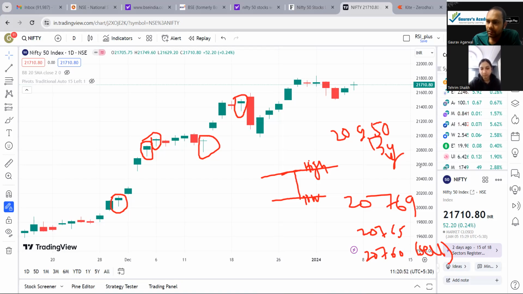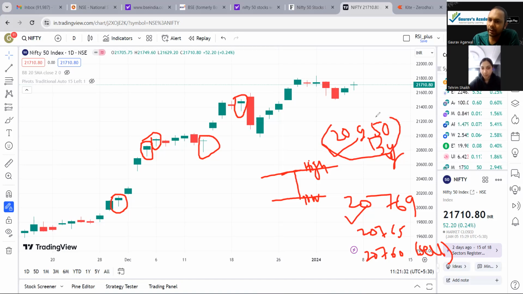Confused? What is the confusion? This price is clear, high price and low price. So whenever it crosses 20950, see, the stock or Nifty 50 has prices, it will go up and down, right? Based on the volume, based on the number of buyers and sellers, it will go up and it will come down. So we don't know whether after this hammer it is going to be up or down. So how do we trade the hammer? We have to track the prices.